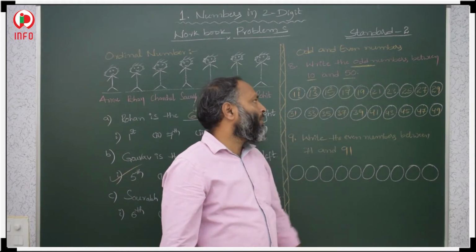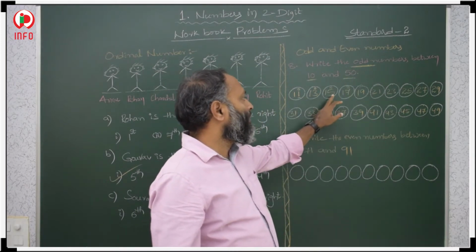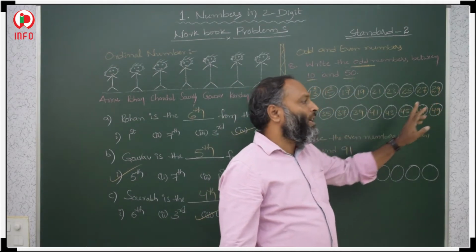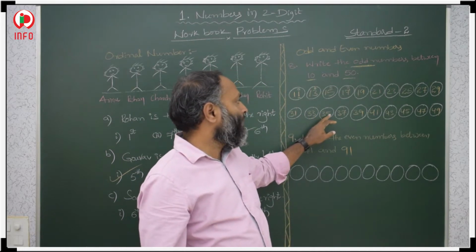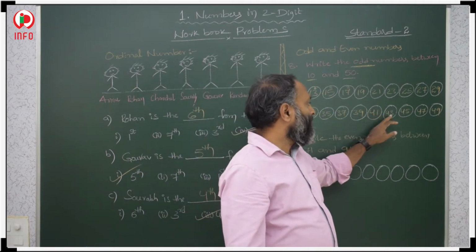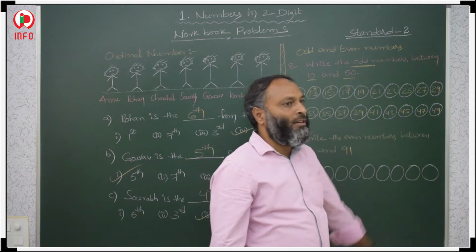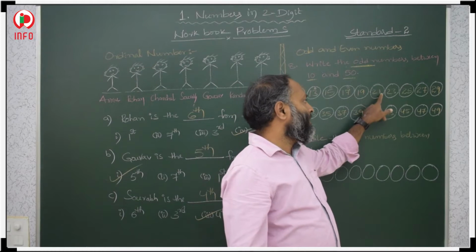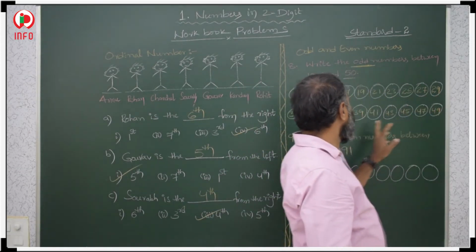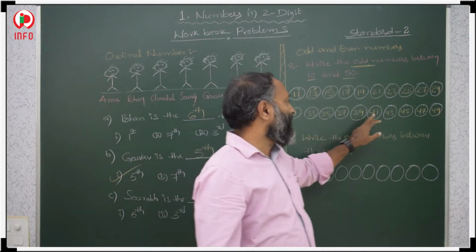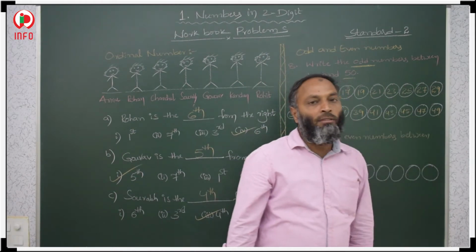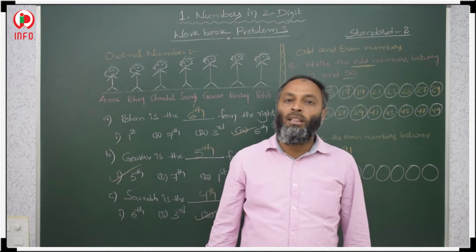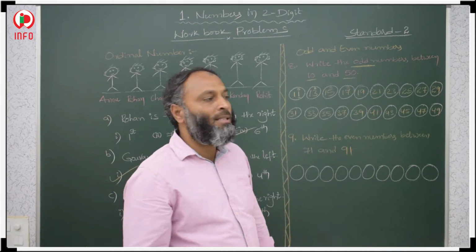Odd numbers from 10 to 50 are 11, 13, 15, 17, 19, 21, 23, 25, 27, 29, 31, 33, 35, 37, 39, 41, 43, 45, 47, 49. So how? 1, 3, 5, 7, 9 in ones place. If any of 1, 3, 5, 7, 9 comes in the ones place, then the number is odd.